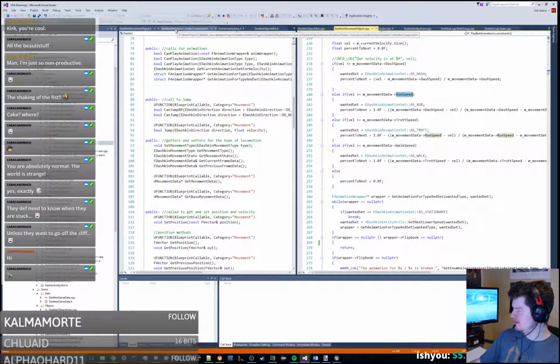And it's on the Dashkin. Is it on the animation component, or should we have it be on the animation ID? I mean, should we have it on the animation data, or should we have it on the animation component? Because if it was on the animation component, then it'd be like play with duration and loop, and instead of passing in,